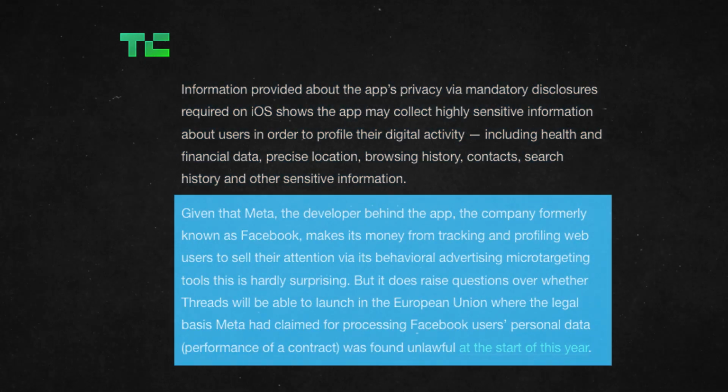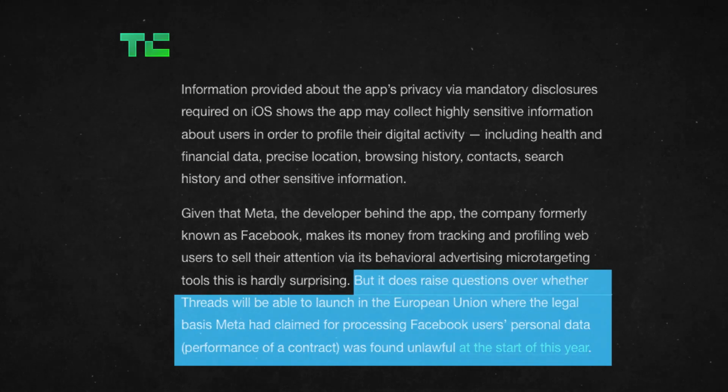Given that Meta, the developer behind the app and the company formerly known as Facebook, makes its money from tracking and profiling web users to sell their attention via its behavioral advertising micro-targeting tools, this is hardly surprising. Agreed, TechCrunch. Agreed. But it does raise questions over whether Threads will be able to launch in the European Union,